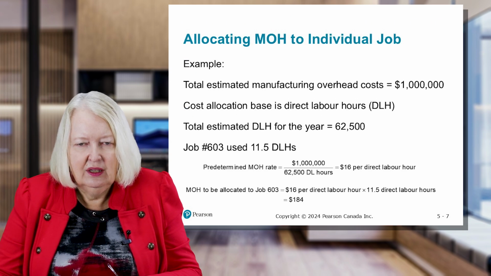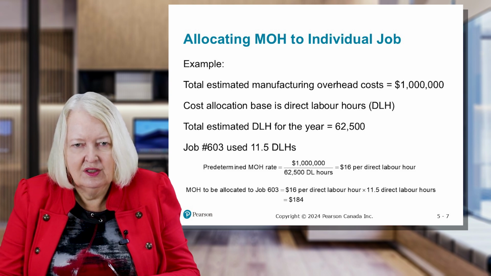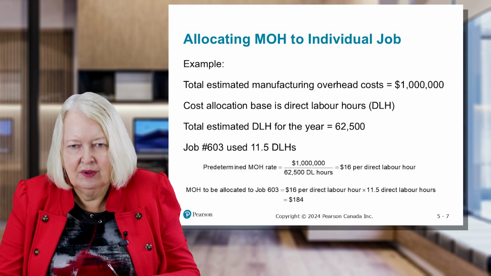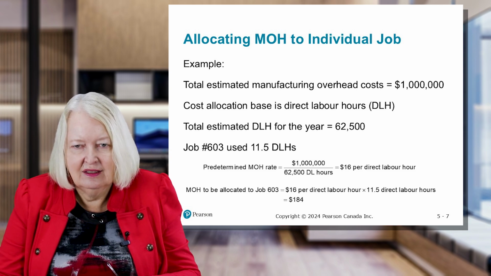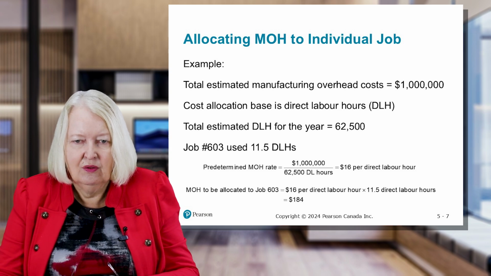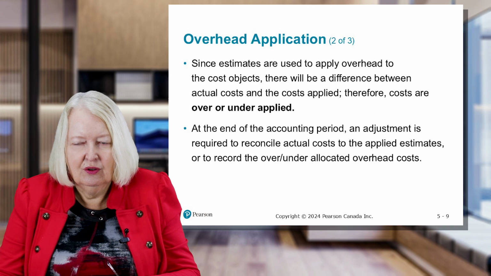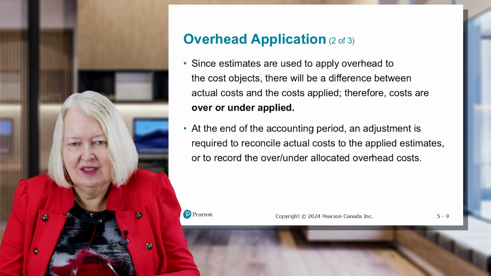When you look at the cost of a job, if you're doing job costing, you trace the actual materials and direct labor to each job. You can do that because you have your materials requisitions and your labor time records, so that's easily traced. The overhead is allocated based on this predetermined overhead rate, and it's all based on estimates. Because your total overhead that you're expecting is just an estimate, and the total number of labor hours is estimated,